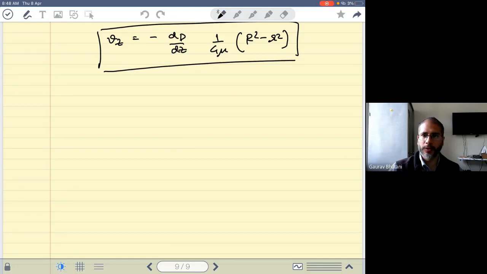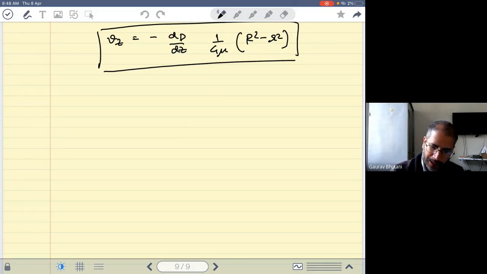So at small r equal to 0, that is at the center of the pipe, you get the maximum axial velocity. And at small r equal to capital R, that is the surface of this pipe, you get Vz equal to 0. That's the no slip condition. So that is satisfied. I've simply written the final solution. You can derive these things yourself.